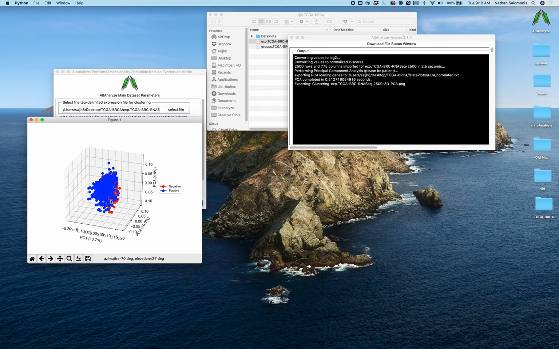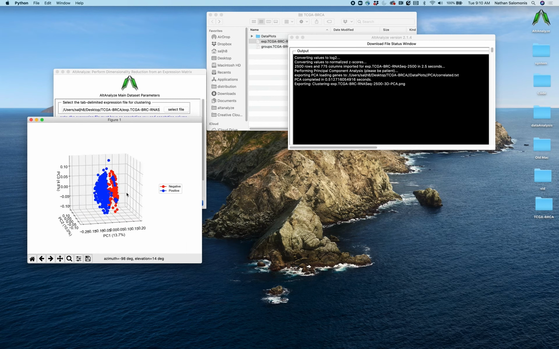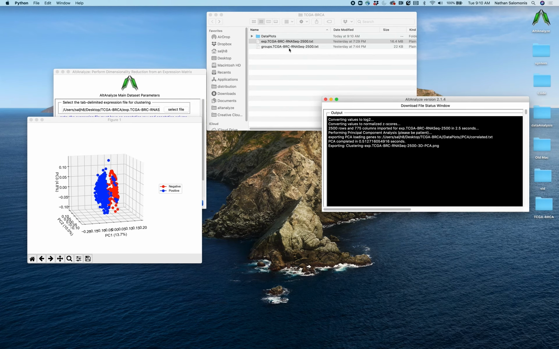And you actually can select this plot and you can spin it around. And you can see what variance is associated with these three principal components. The reason there are two colors here, blue and red, is that before we began, we created this groups file. This groups file has the identical name as the expression file, except we've swapped out groups for expression file. And so the program will automatically recognize this groups file as having annotations, which it should layer onto this variance-based